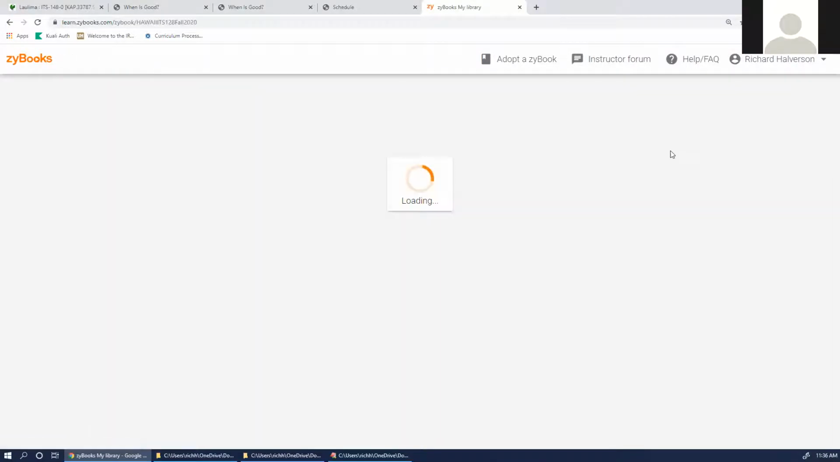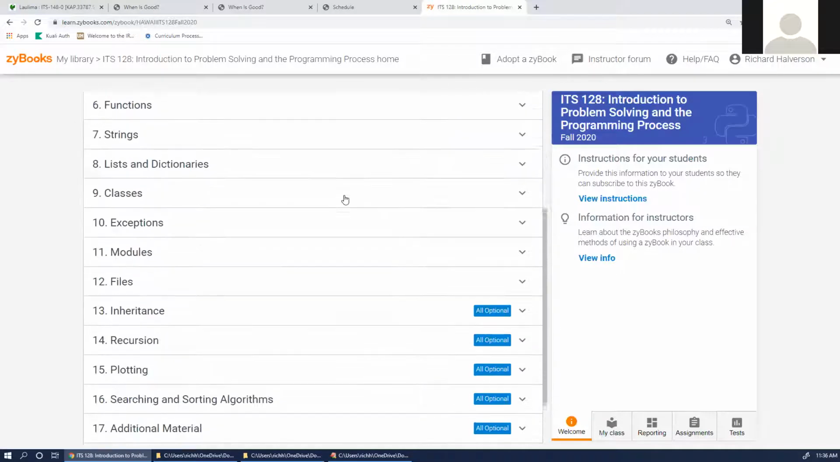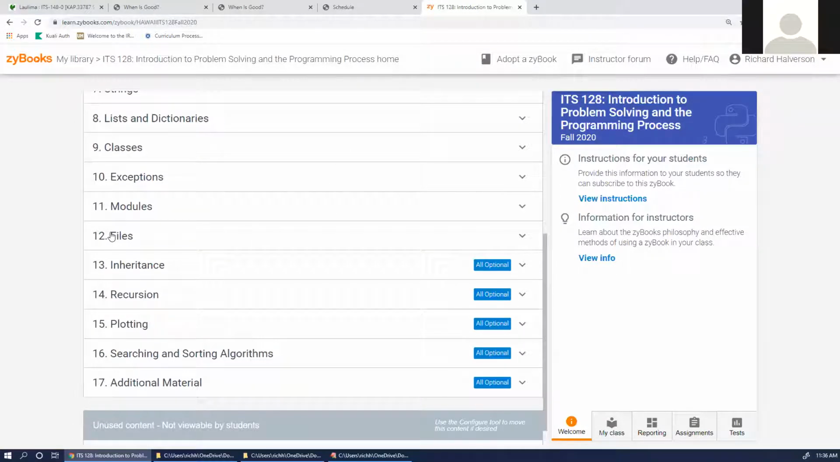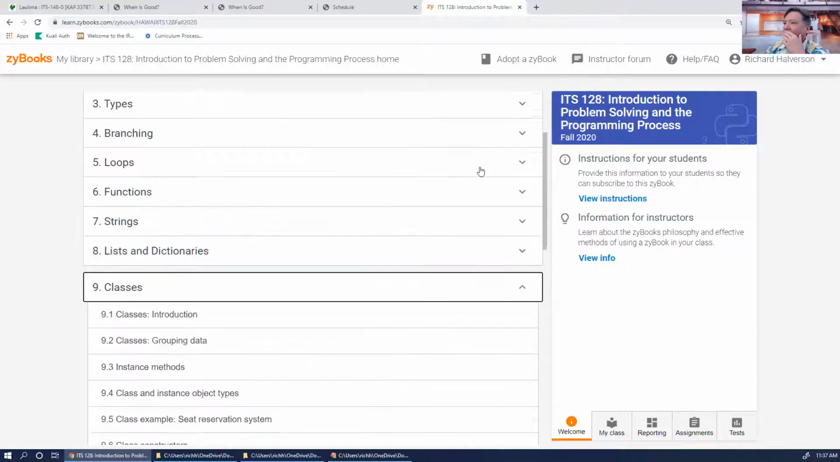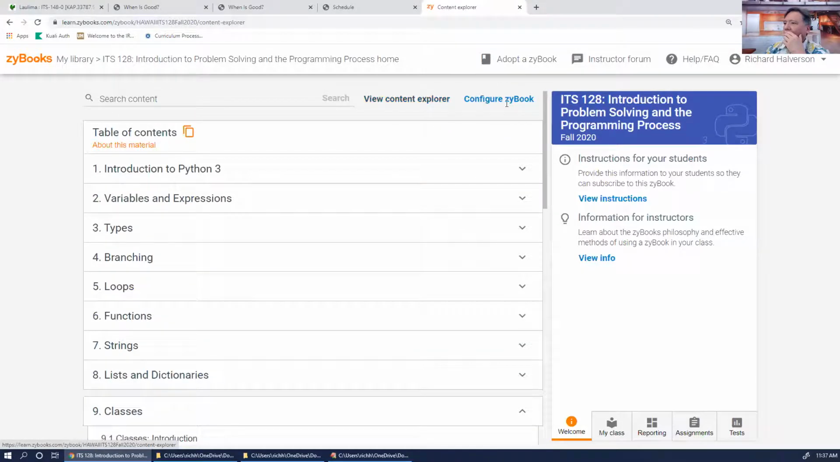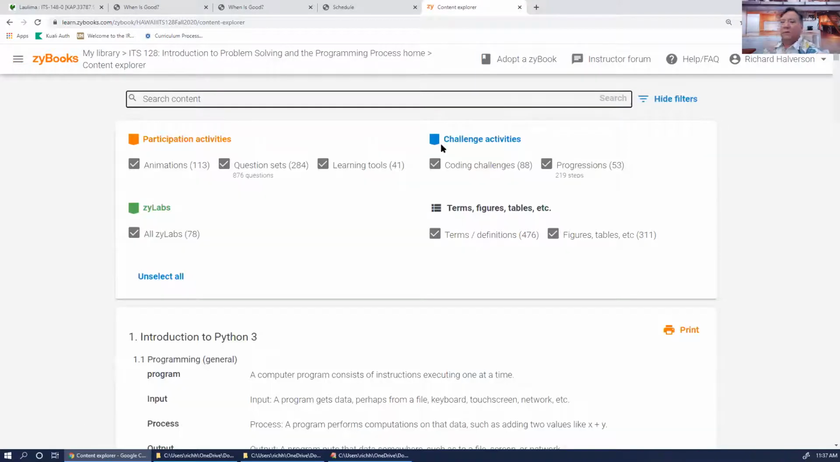I'm going to open my Zybooks real quick here. I just have my screen, so I'm going to open it. I didn't include modules or exceptions. Classes was maybe the last one. Well, anyway,